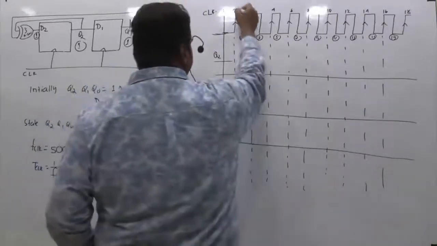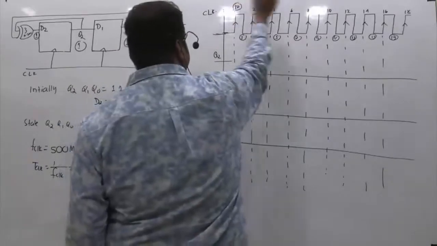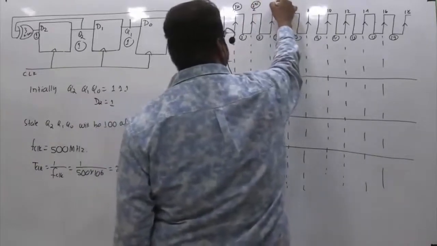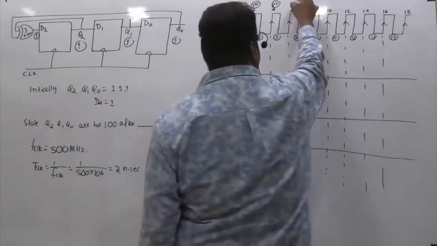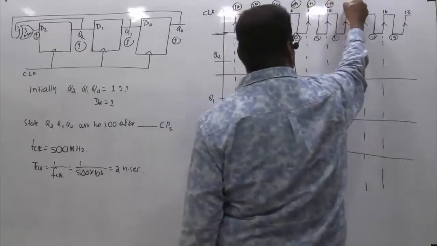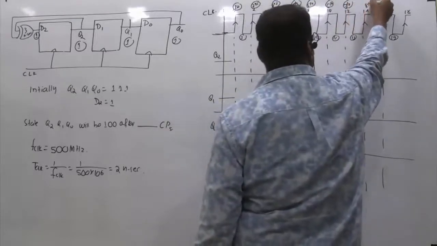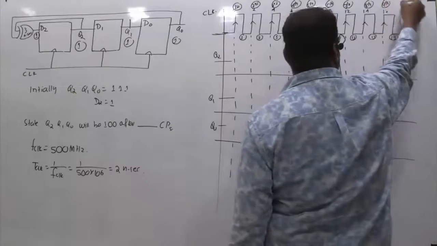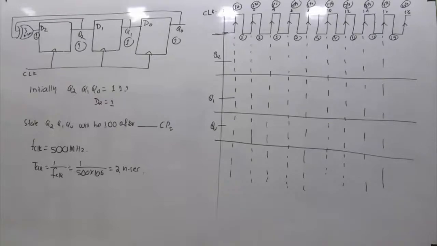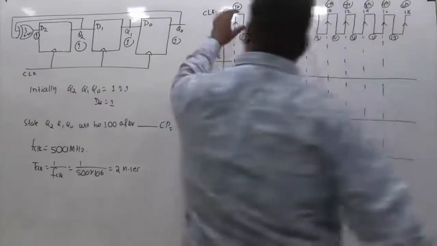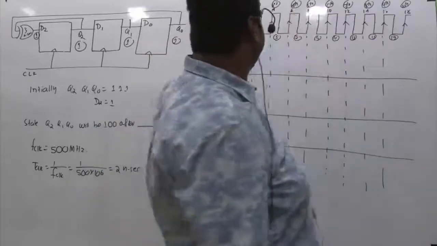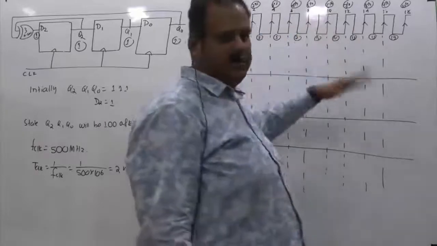But if you ask me in terms of clock, this is the first clock, this is the second clock, this is the third clock, this is the fourth clock, this is the fifth clock, 6th, 7th, 8th, this is 9th, and this is 10th clock. Okay, so these are in terms of clock I have written, because we are supposed to find after how many clocks. So these numbers are with respect to the time instant starting with 0, and these are first clock, second clock, third clock, fourth, fifth, sixth. We can easily refer to it.